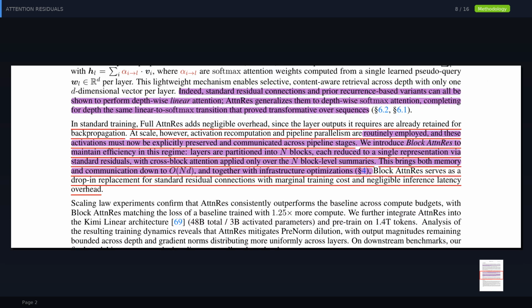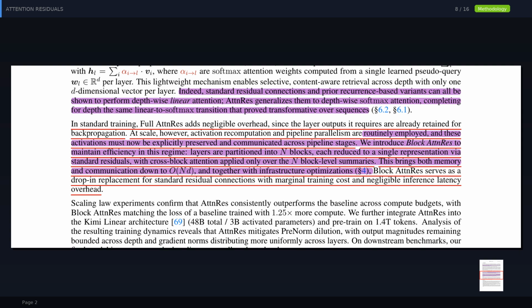information flow. Here, the paper details how block AttnRes addresses efficiency challenges. While full AttnRes has minimal overhead during standard training, it becomes costly with activation recomputation and parallel processing. Block AttnRes partitions layers into blocks, applying attention only over block-level representations. This reduces memory and communication to O(Nd), making it a practical, drop-in replacement for standard residuals with marginal training cost